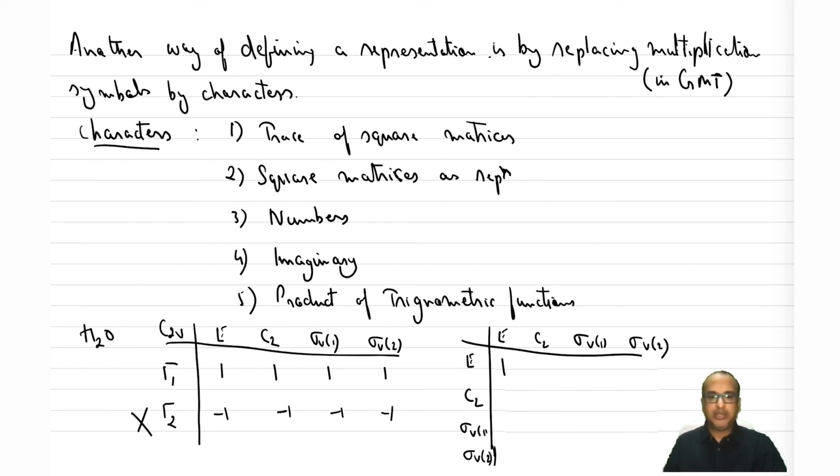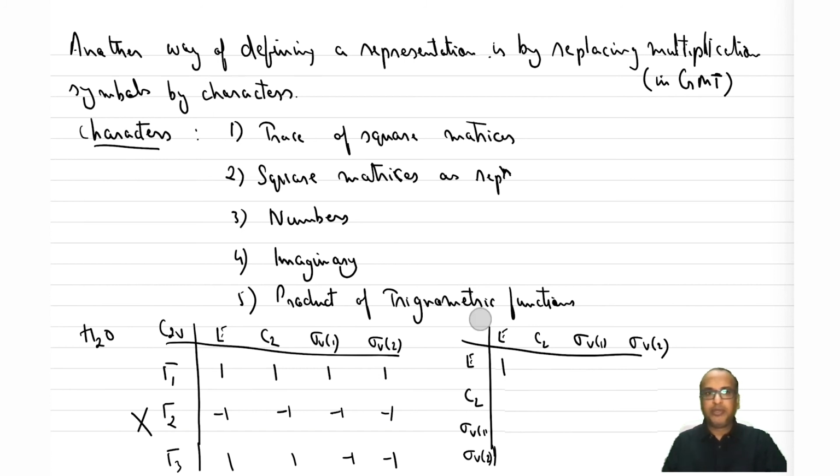So let us write more types. Let's see if I have 1, 1, -1, -1. Let's take 2 of them as negatives and 2 of them as positives. We will see what is the meaning of all of this later, but let's say this is one way of writing a representation.